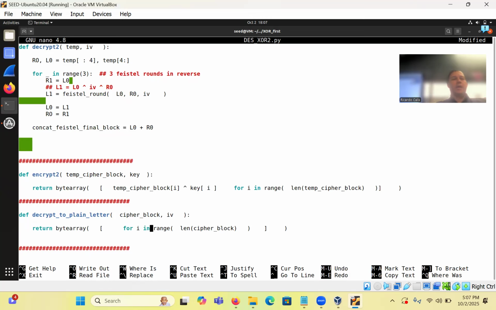And then here we XOR the final part, IV i with cipher block index. And then this produces something that chr